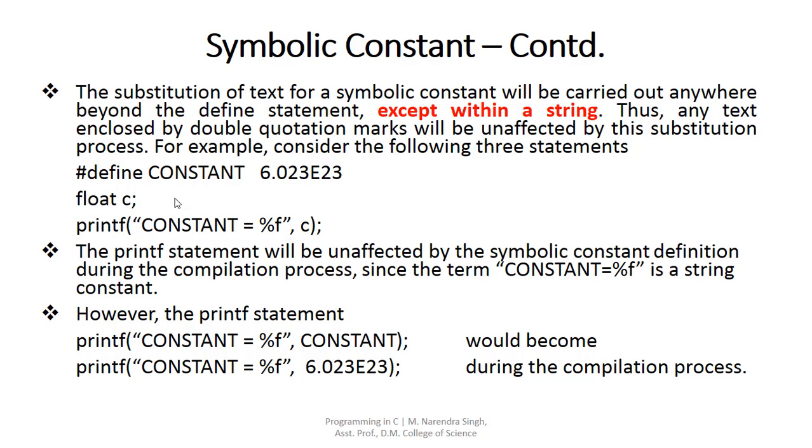For example, consider the following three statements. The first statement defines the symbolic constant representing the numeric constant 6.023 exponent to 3. The second statement declares as well as defines a variable c which is of floating point data type. The third